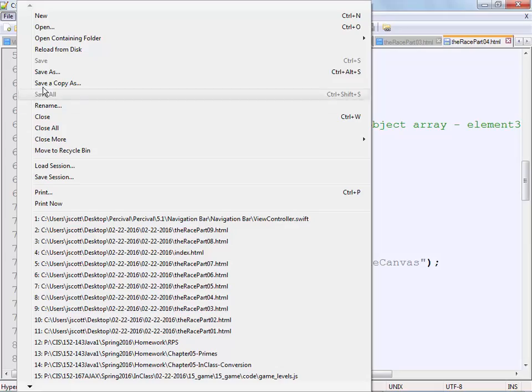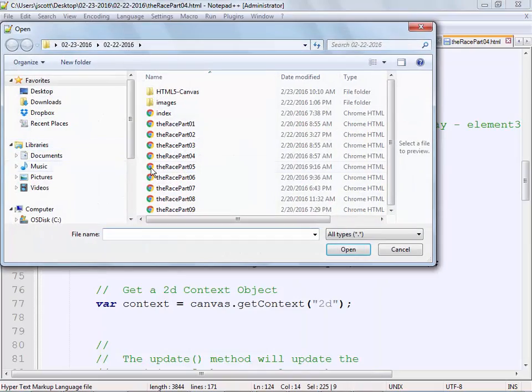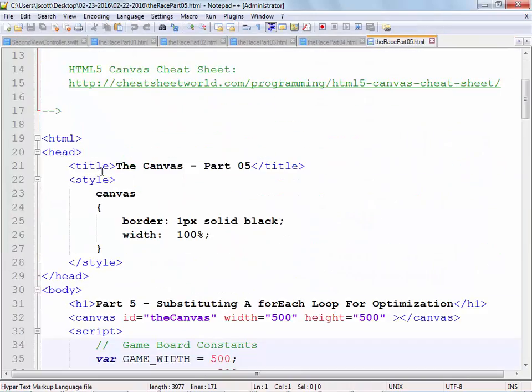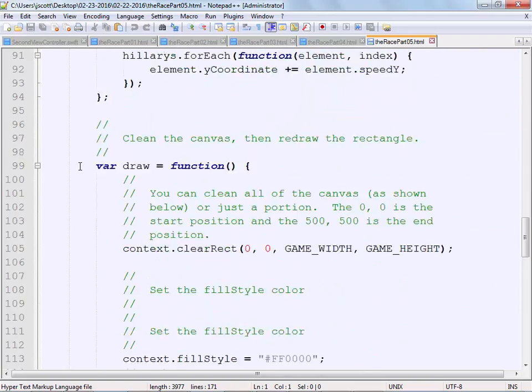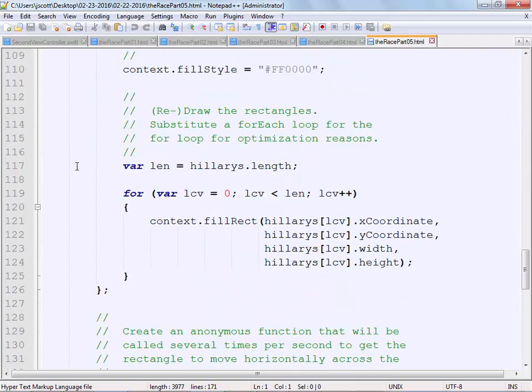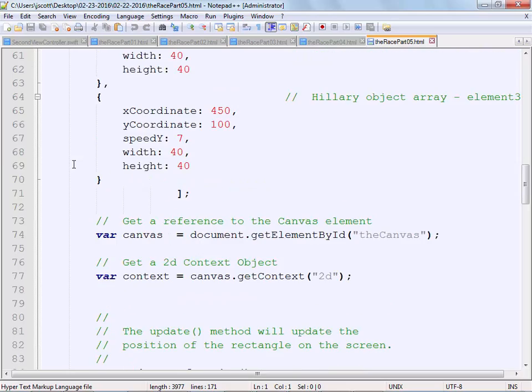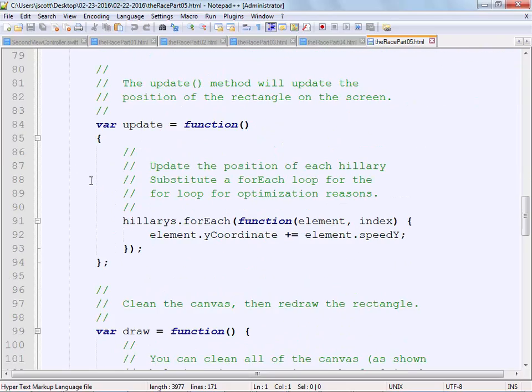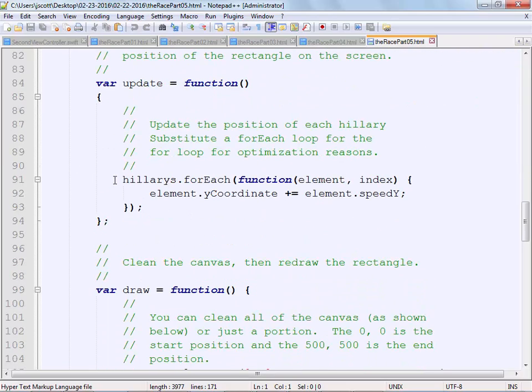And really in part 5, which is the next part, I only changed one part of this, and that's right here. This was a for loop before, and I changed it to a forEach for the same reason that Robert just mentioned, for optimization, to try to make it run faster.